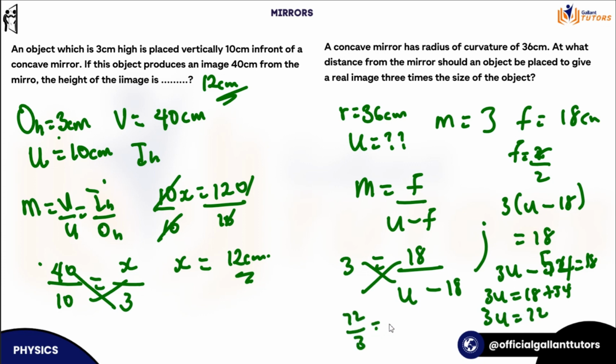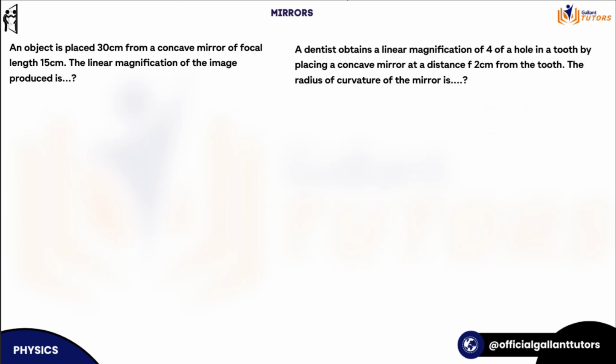Alright, 72 divided by 3 is equal to u. So therefore, u is also equal to what? Yeah, 24 centimeter. So this is what? 24 centimeter. Alright, let's make progress. Alright, the next question we have is an object is placed 30 centimeter from the